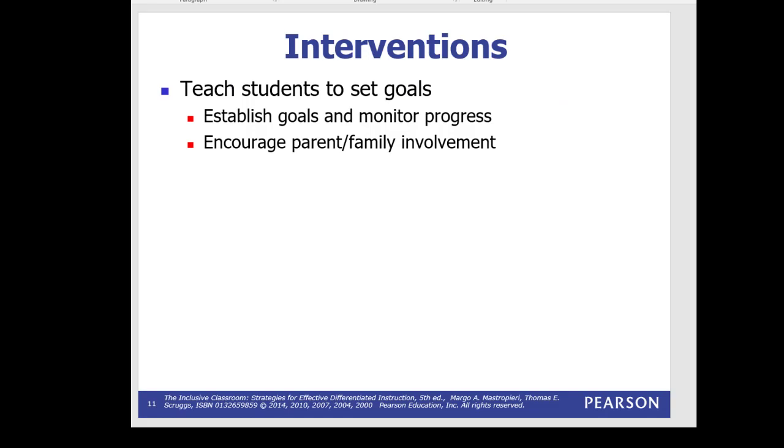Now, the idea of goal setting. Goal setting is absolutely appropriate for trying to build motivation. And it can also increase one's own effective identity of themselves. But goals can equally be destructive. We need to use appropriate goals. We need to know what is something realistic that a student can reach. We need to start very short term.